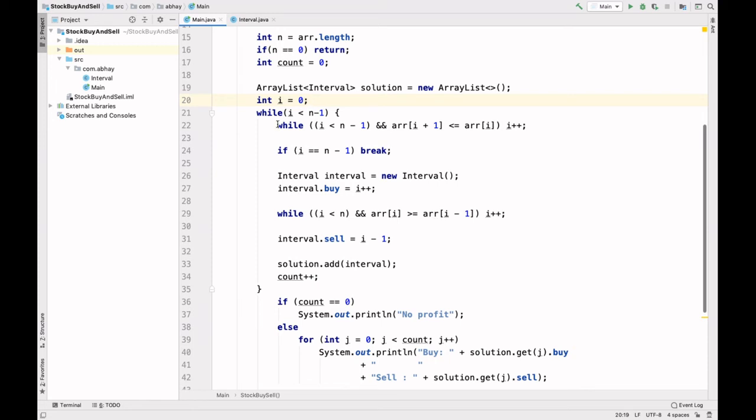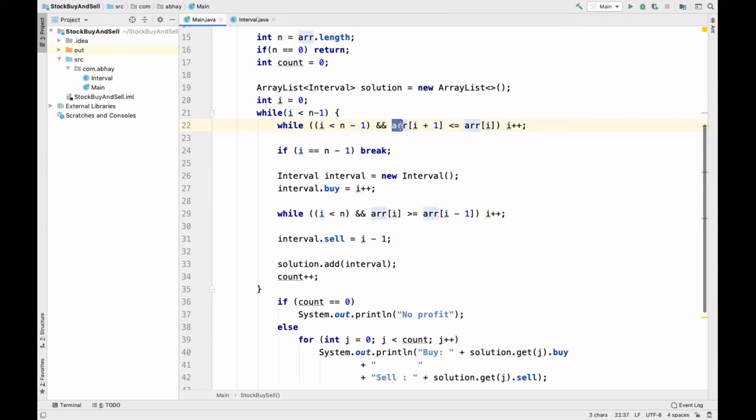Okay, we have our here highlighted line of code: while i is less than n minus 1 and arr[i+1] is less than or equal to arr[i]. So this line will basically help us to find out our first local minima. Okay, so everything is fine here while i is n minus 1.